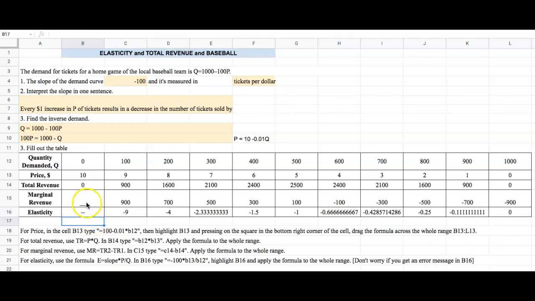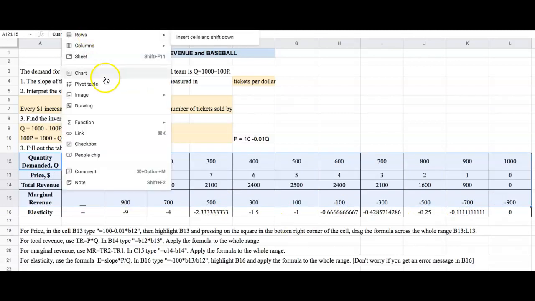Alright, so we filled out the whole table. So the next thing that I'm going to do is I'm going to highlight it, except for the elasticity, and I'm going to press Insert, Chart,